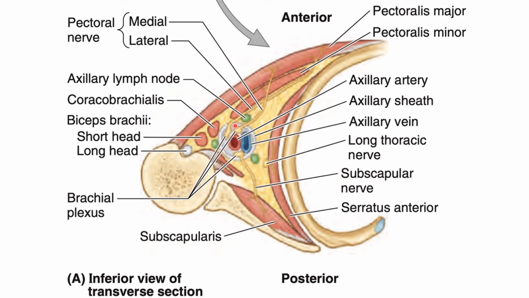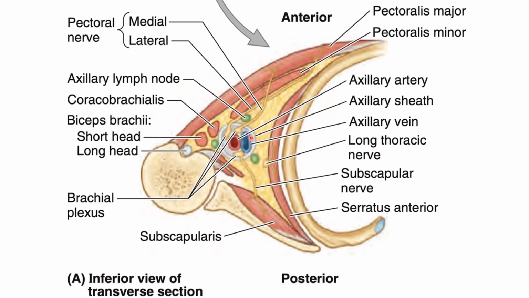You need to see this structure. The white color layer is the axillary sheath, and you can see that the axillary sheath is encircling the axillary artery, axillary vein, and the branches of the brachial plexus. This axillary sheath is a modification of deep fascia. Specifically, it is a prolongation of the prevertebral layer of deep cervical fascia. It extends up to the upper part of the axillary artery and axillary vein. It acts as a protective sheath around these neurovascular structures.